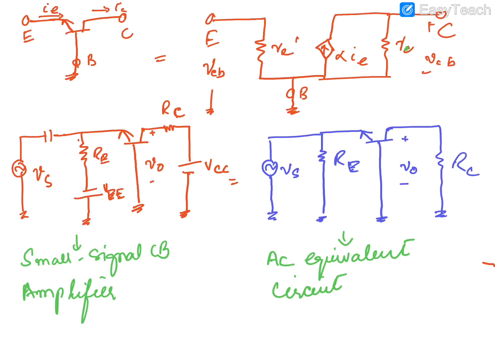This is the collector current, which is equal to alpha IE in this case. This is the collector to base voltage VCB. This is RC, which is equal to the output resistance R naught. So R naught is connected in parallel with the dependent current source alpha IE. Also note that the direction of current is upward because the collector current flows from base to collector side. This is the input side, and here the current I is flowing in this direction. So I is from emitter to base, and IC is from base to collector side.